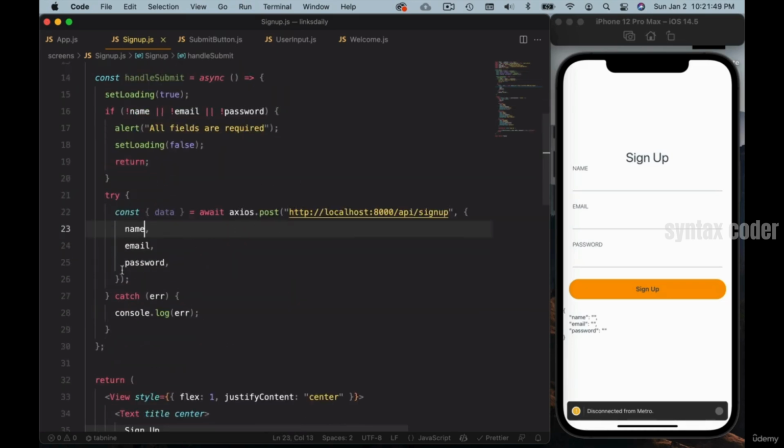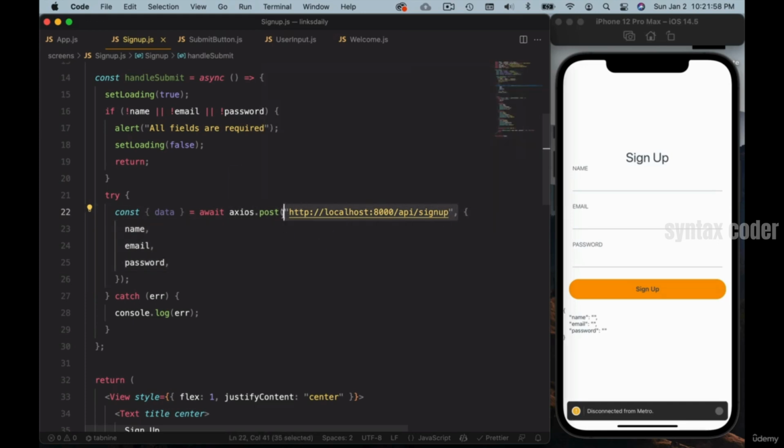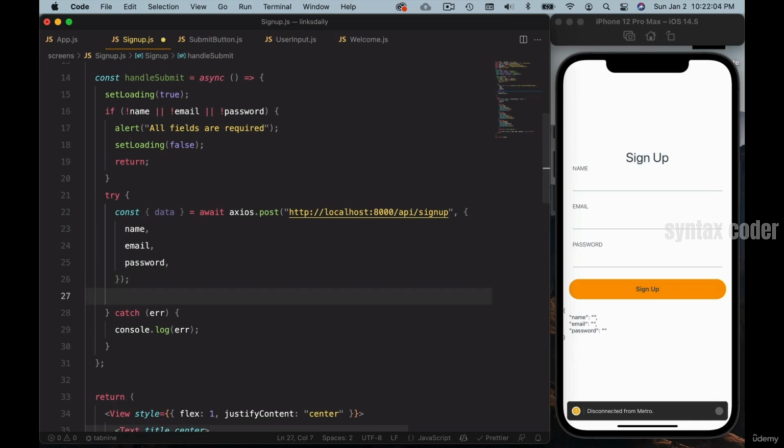Okay, so we make a post request with this data, name, email and password. We're sending it as a second argument to the Axios post function. The first argument is the URL, the second argument is the actual data we're posting. Alright, so if it was successful,